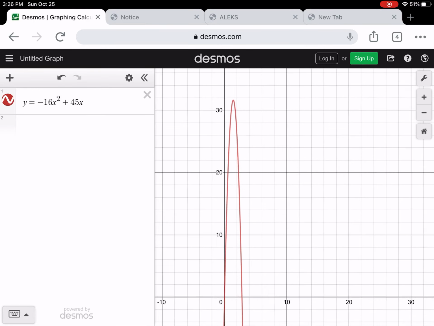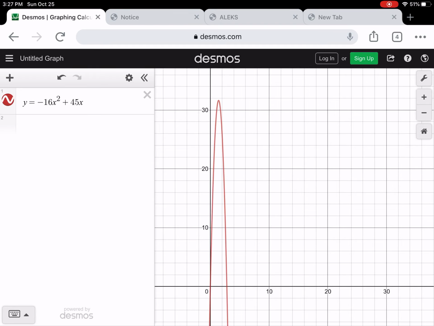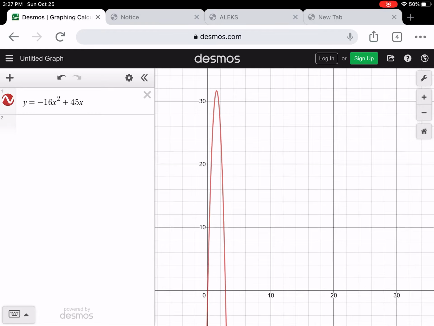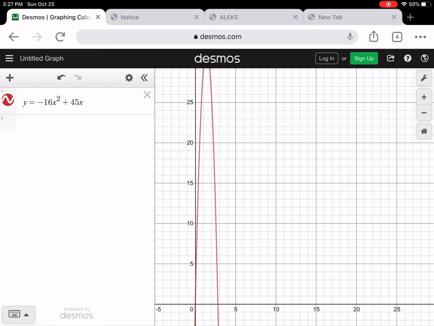The only part that's going to matter here are positives, because remember, on the x-axis, x here, or t, stands for time. You can't have negative time. And on the y-axis, or the h in this problem, height, you can't have negative heights. Okay, so